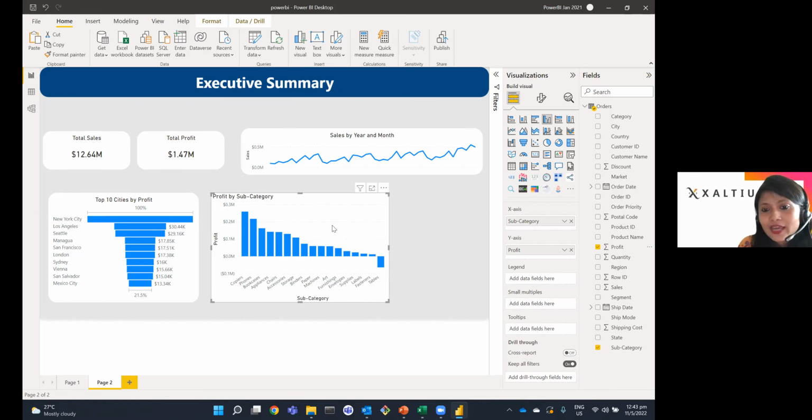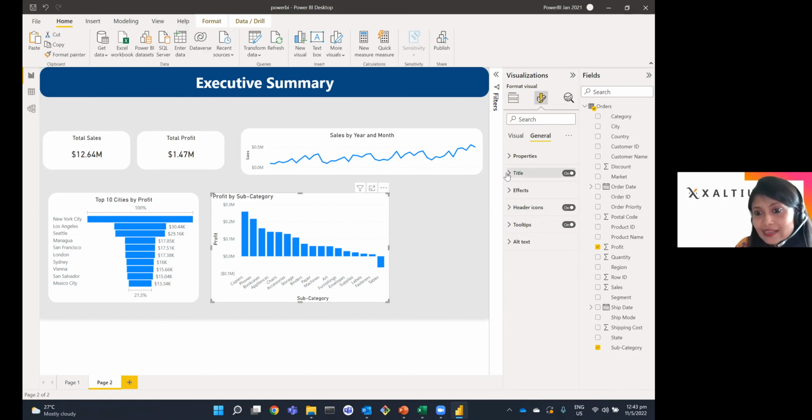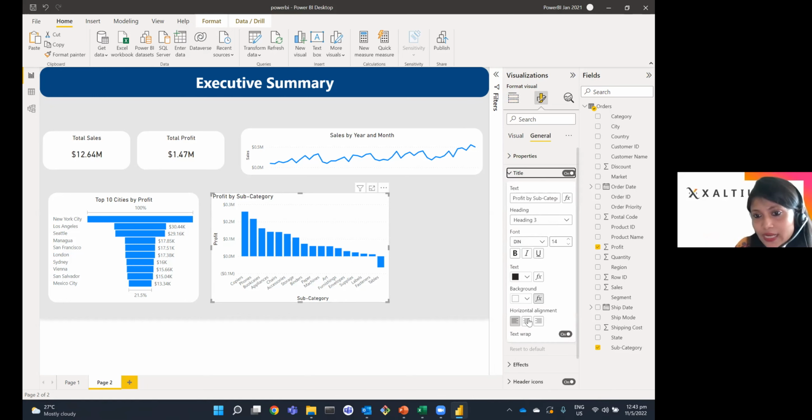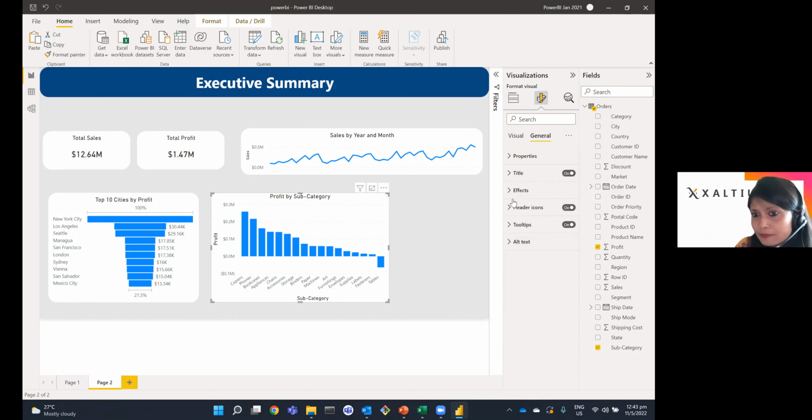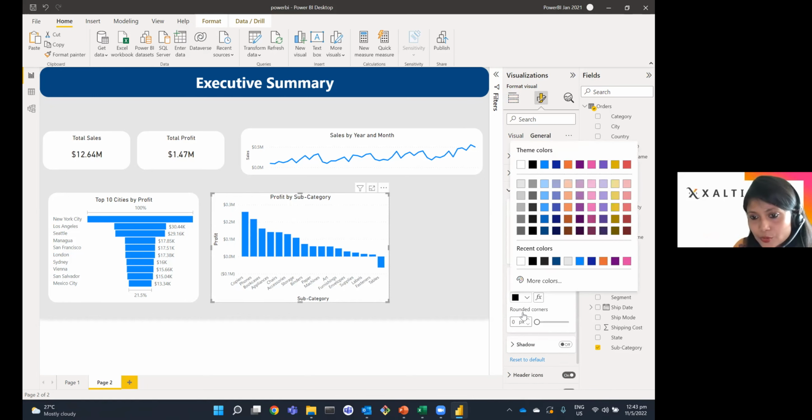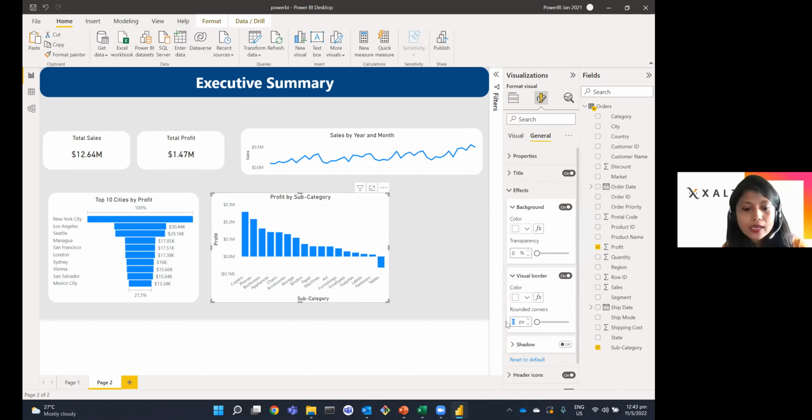So we try to identify, is it because the return is not good for this particular company, or the quality of the tables is not good for this company, and things like that. So we get to know the focus area over here, right? I'm going to just keep the consistency and maintain that central alignment of the title, and a bit of border, just the same thing that I did earlier as well, to add those rounded edges.